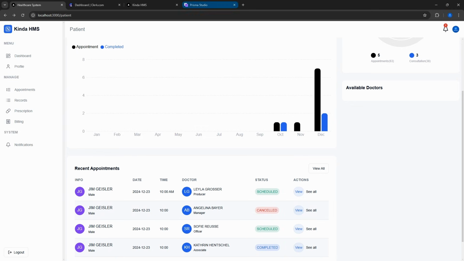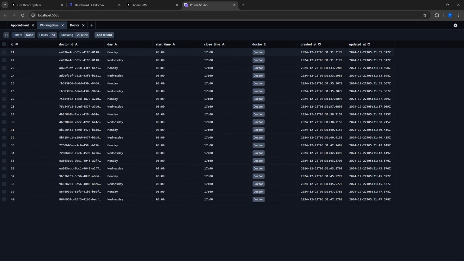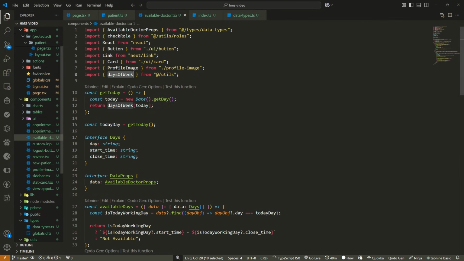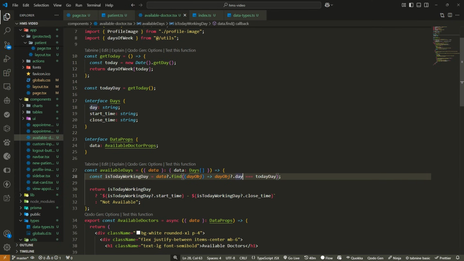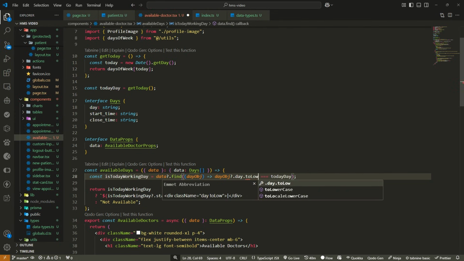If I check my Prisma and I check on the working days, the days start with capitals. So I think the issue here was also pretty much the same, because in the database they are capitals and here these ones are small letters. So what I'll do is put this also to lowercase,